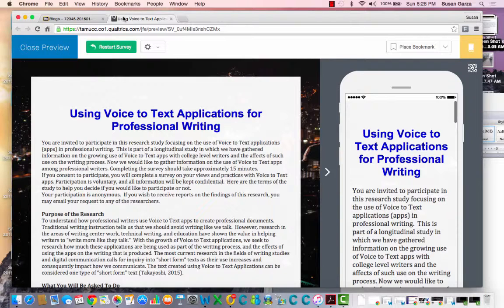This is a survey that I'm working on that's part of some research that I'm doing with some other colleagues. And you can see the queue here. The program that I'm using is called Qualtrics, and it's a program that you create surveys with. And this view you're seeing here, this is the preview.